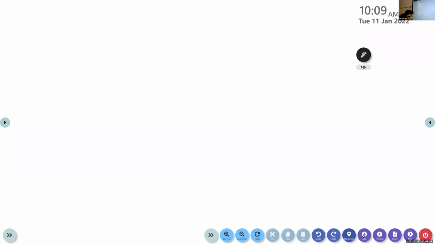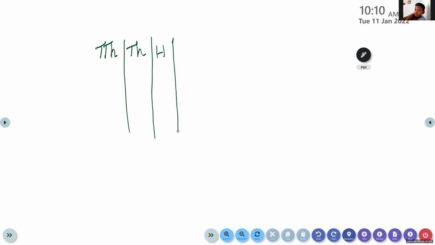Now, children, please check. Here we have 10,000, then we have thousands place, then 100. Ma'am, do we want to write the short form? You have to draw the full lines as the chart.